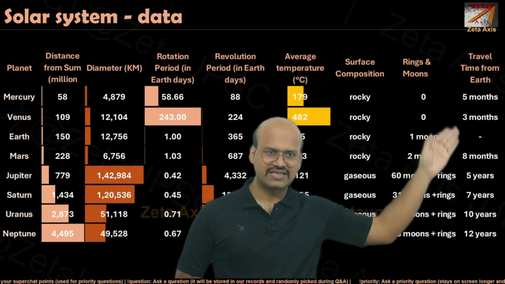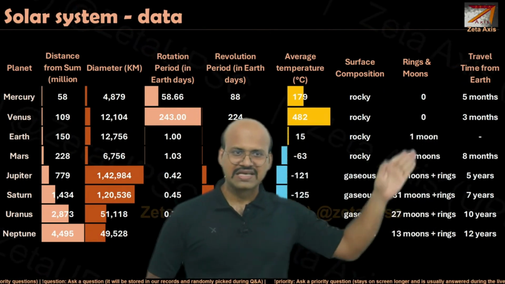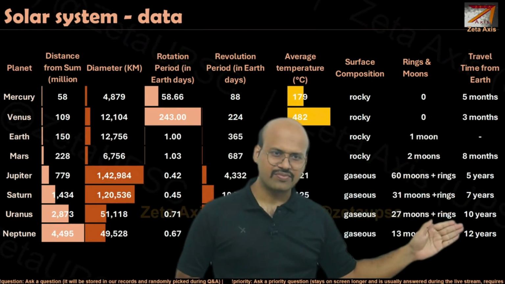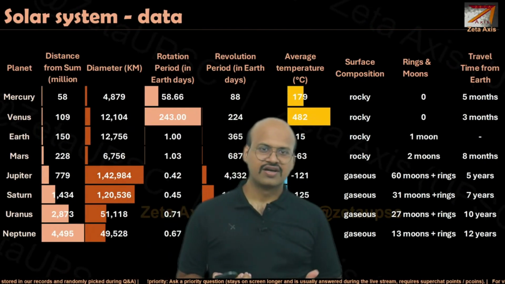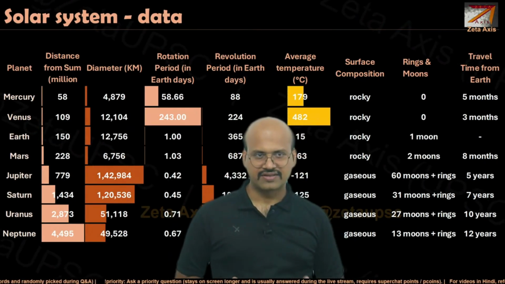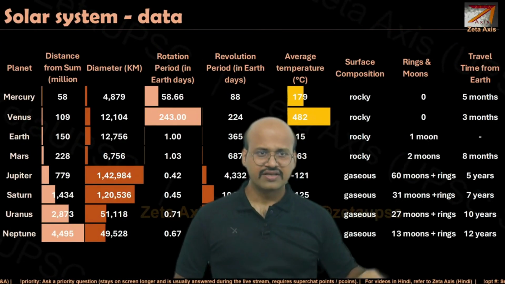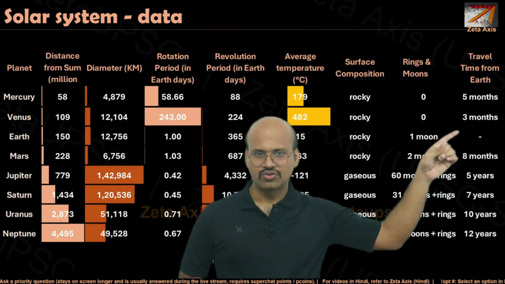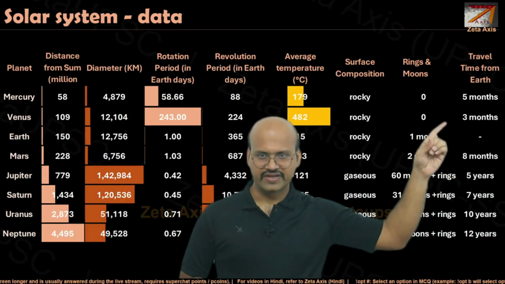And here we see the distance from Earth, the time it will take to reach each of these planets. But this is only an average or an estimated time, because based on the position of the planets in the revolutionary path, this value will differ. Mostly, Venus is the closest planet to Earth and not Mars. Venus is the closest planet, and after Venus,